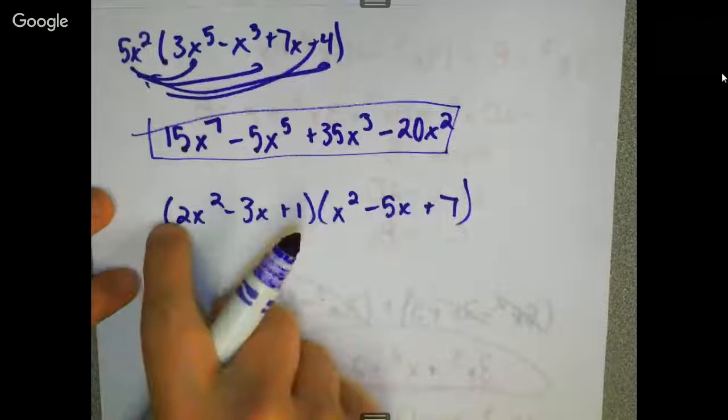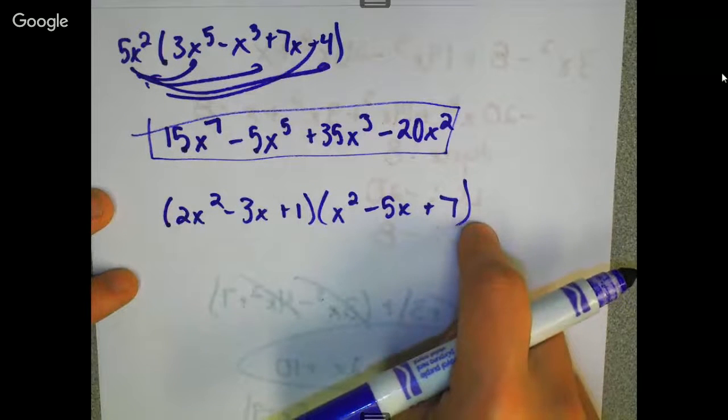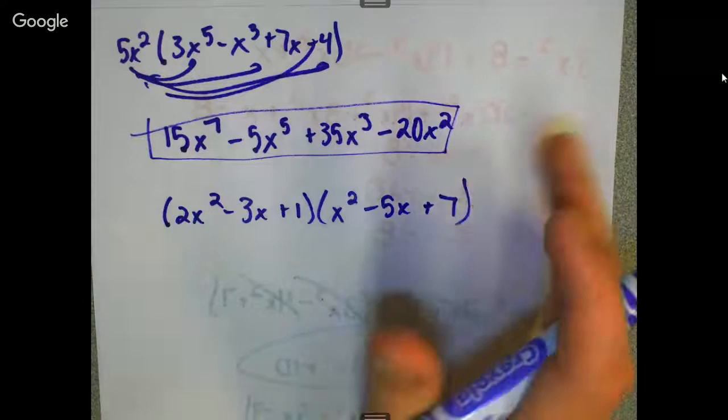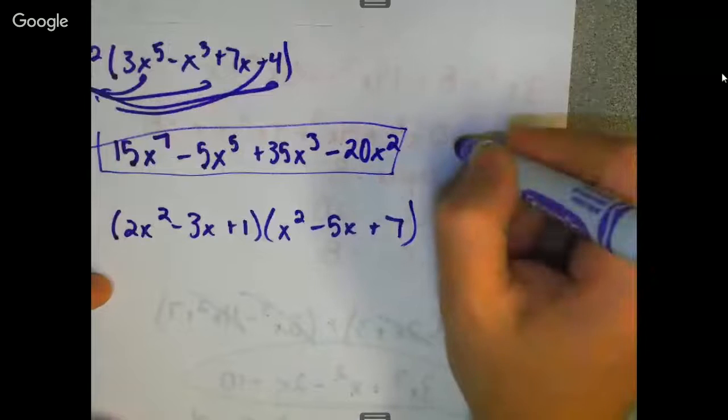Okay, and I can spend time and distribute this 2x squared to all 3 of these. Okay, but I don't want to do that. I'm going to try to make it a little bit easier. Okay, and we're going to multiply. If I was to multiply